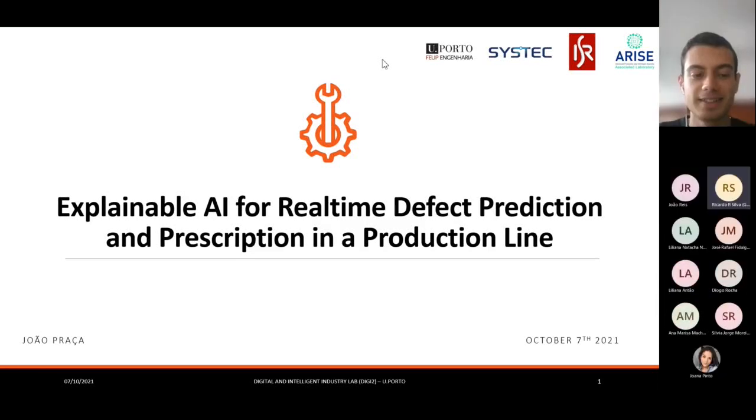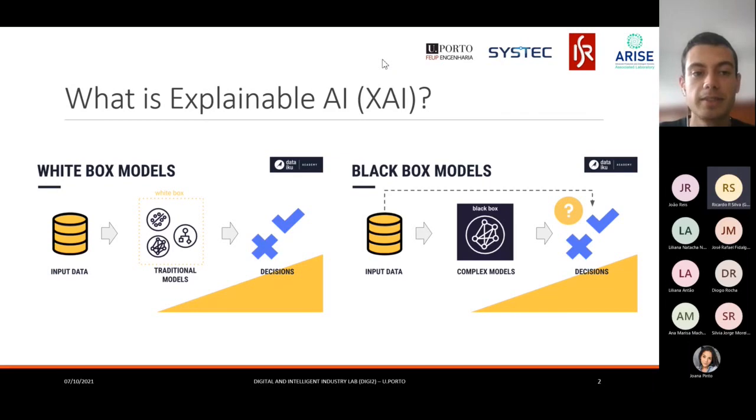So, as Professor João Praça said, my internship was in Explainable AI for real-time defect prediction and prescription in a production line. So, first of all, I'm going to explain a bit what Explainable AI is, for those of you who don't know. Explainable AI is the process that allows human users to understand and comprehend the output of